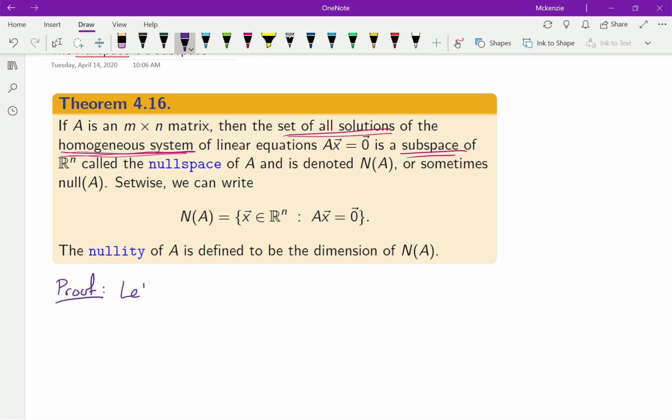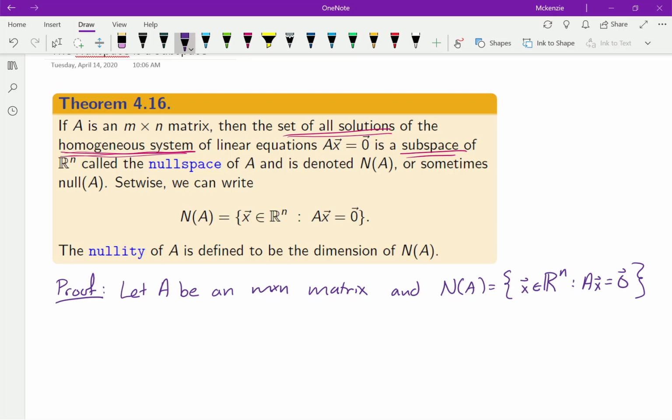So again, let A be an m by n matrix, and N(A) the set as written above: x in R^n such that Ax equals the 0 vector. So if we multiply A by x, we get the 0 vector. All right, so we want to show, let's remind the readers of this, that N(A) is a subspace of R^n